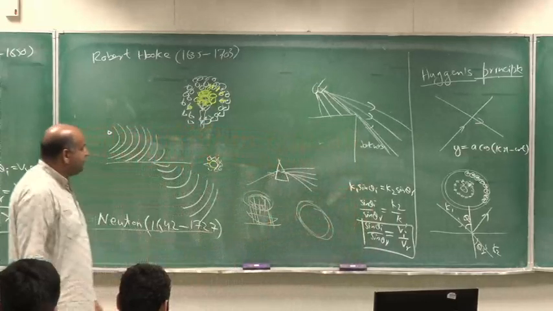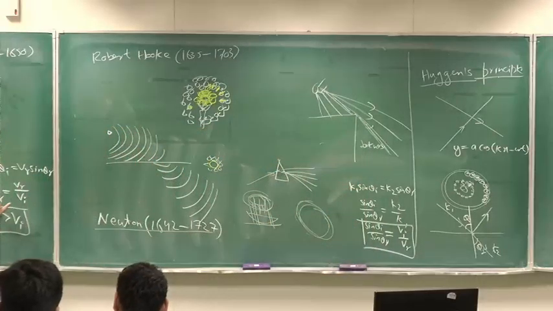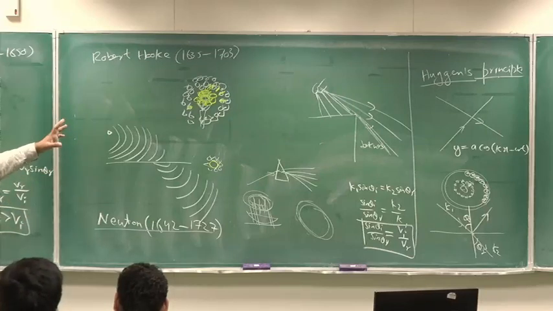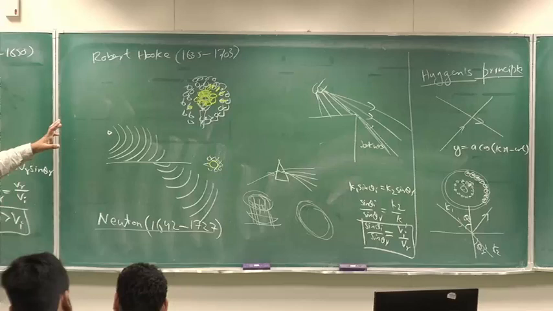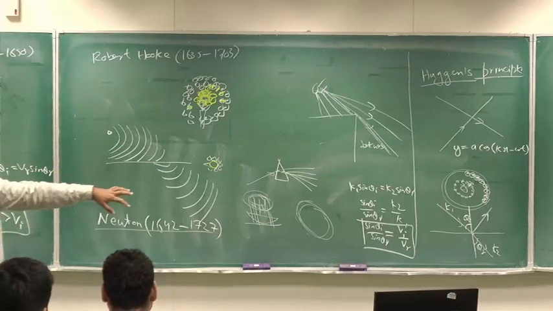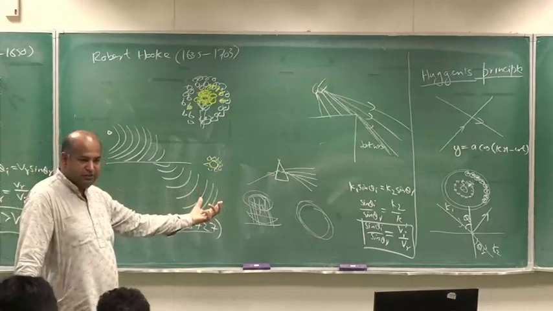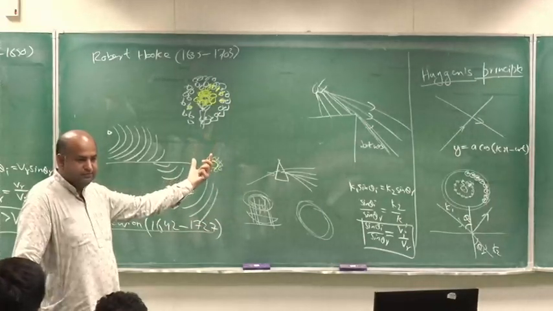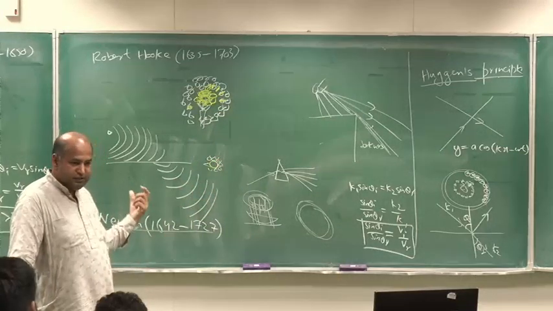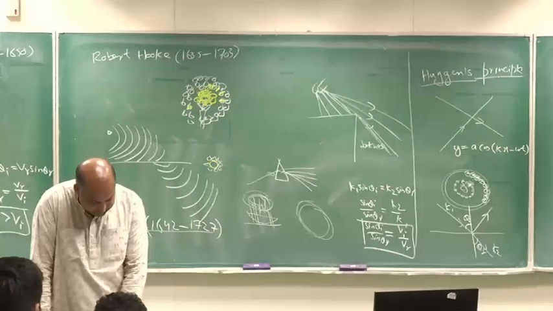So this is a relation that we get from the wave theory, and this is a relation that we got from the particle theory. And there was only one way to settle it decisively, and that was the measurement of the speed of light. But in these times, still no reliable measurement of the speed of light is available. But anyhow, this was in complete contrast to this. But at least we now have a testable prediction of a theory. So this was his contribution to this debate on the nature of light,